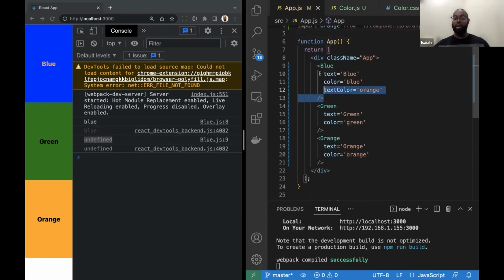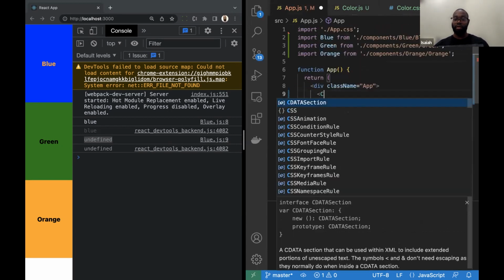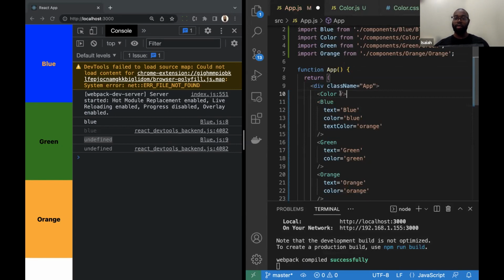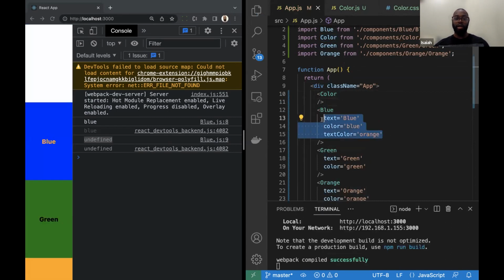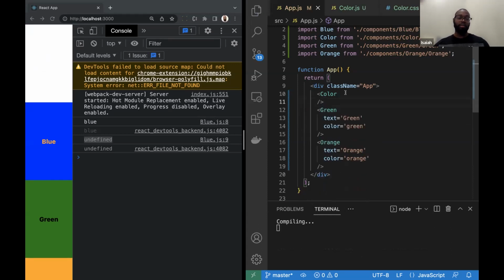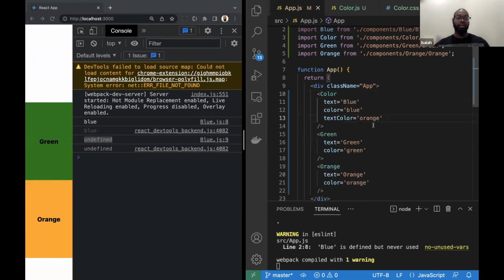I'm gonna delete this blue. Actually, yeah, let me start writing color here. Color here. I'm gonna hit enter. It imports it for me, and then I'm gonna close it. Now what I'm gonna do is start adding props in here. So this is color right here. Obviously we didn't give it any props, so it's not showing anything. But I'm going to delete blue from here and hit save. Blue should go away, and I'm just going to pass all of this to color instead,